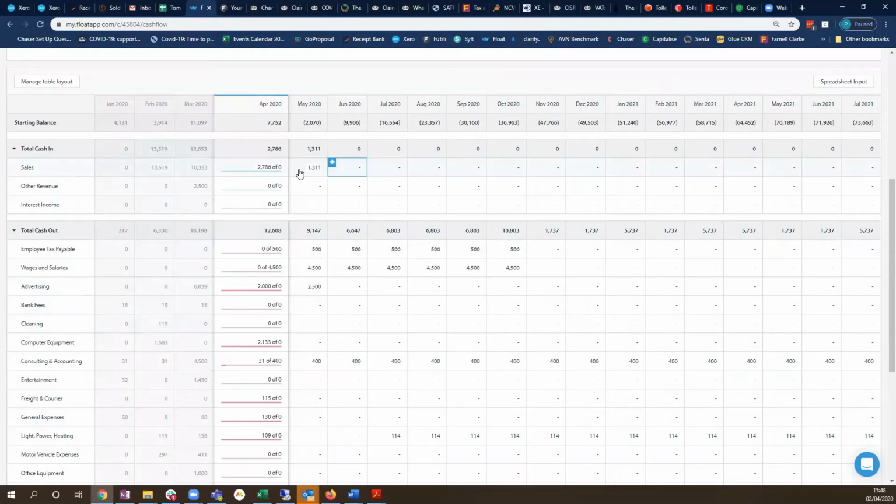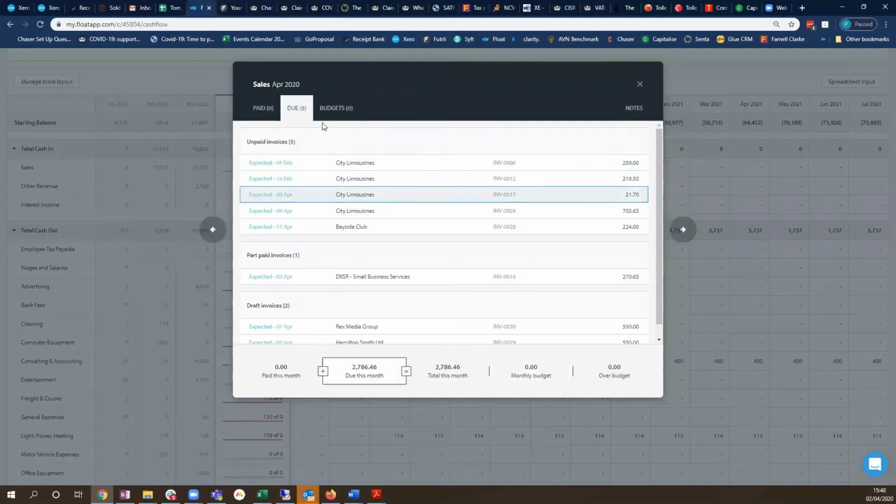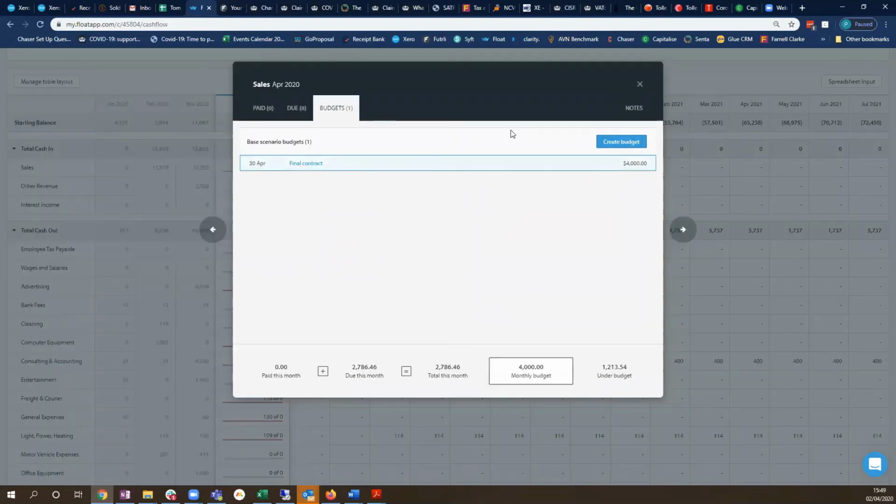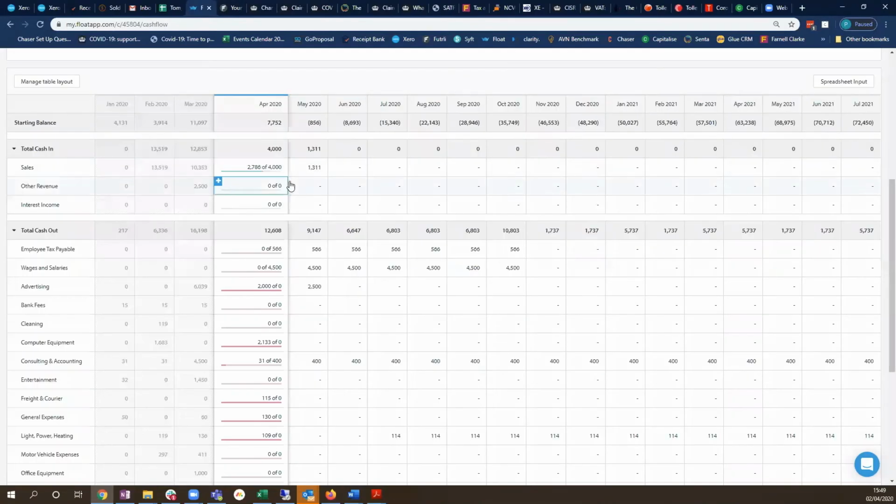So if we say that you've got one bit of sales to come, so these are due to be paid to you, but you know that there's one more job that's not in Xero yet, let's say you've had to close the business temporarily during this furlough period during the crisis, so it would be a final contract that's gone through, and you just say that you expect to be paid that at the end of April, and it's for £4,000, and that will place that one value there into April.